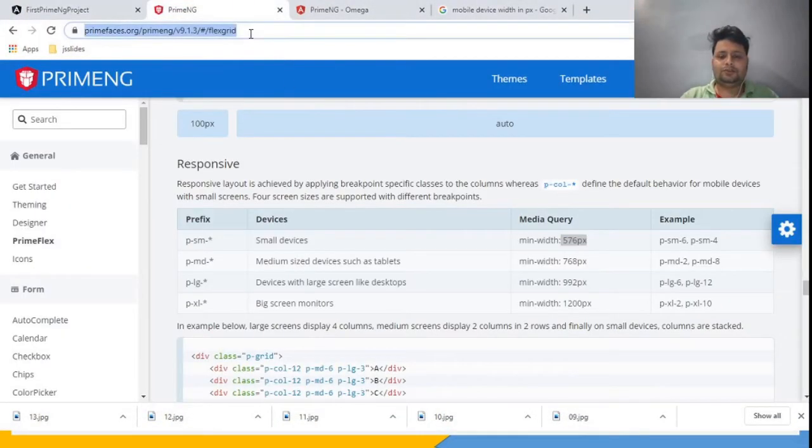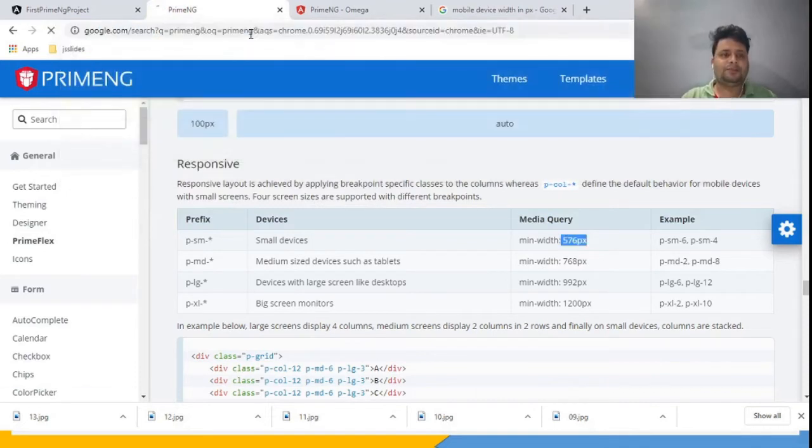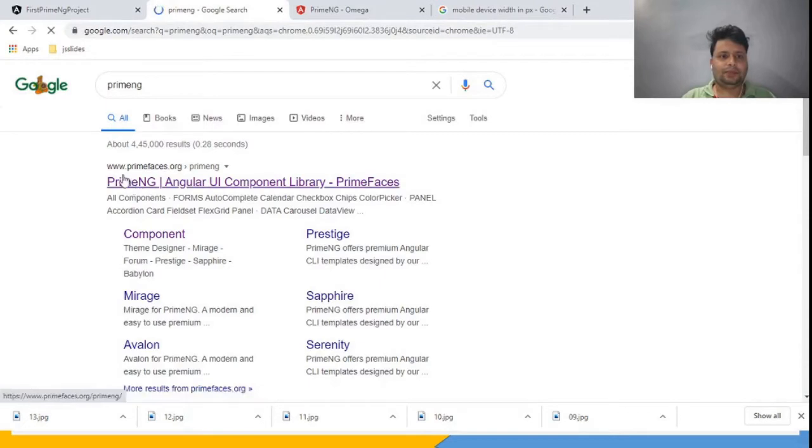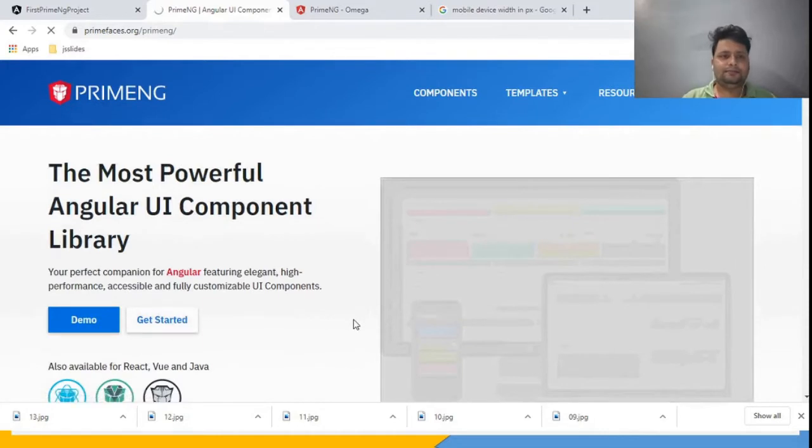Just open the PrimeNG website. primefaces.org is the website, and go to get started.